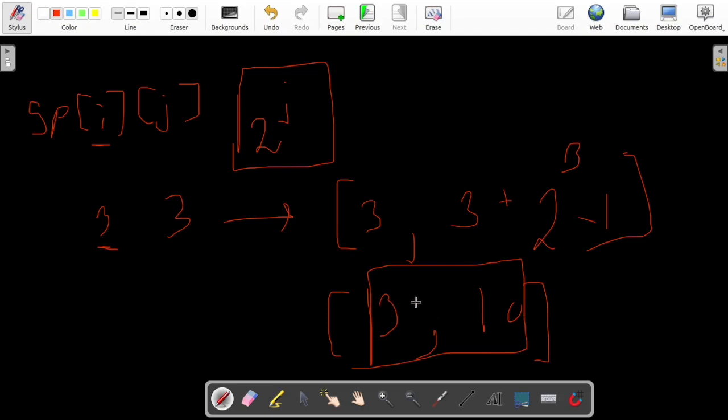Now, let's say we have built a sparse table for answering range minimum queries. Then this cell will store the minimum of the range from index 3 till index 10. Or if we have built a sparse table for answering range maximum queries, then this cell will store simply the maximum over the range from index 3 to index 10. Okay,